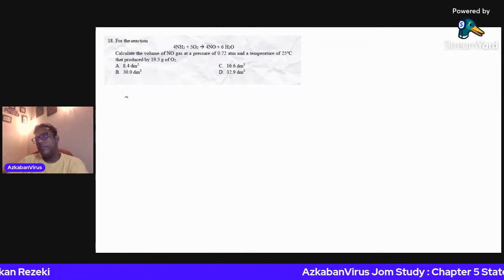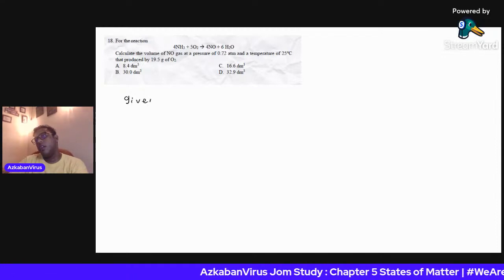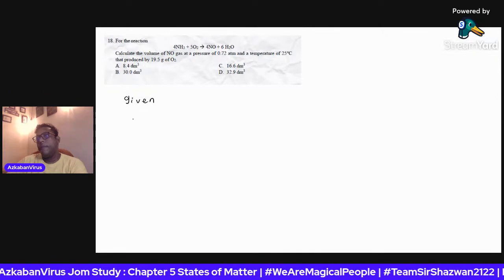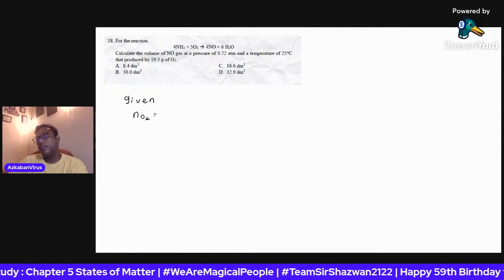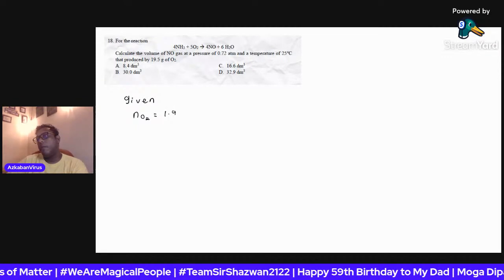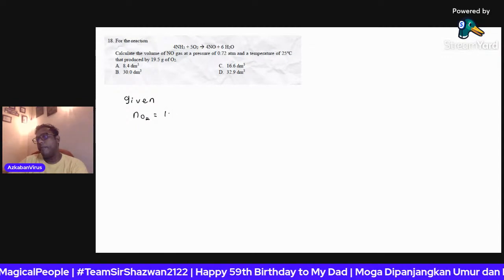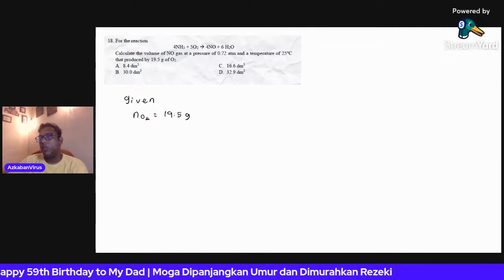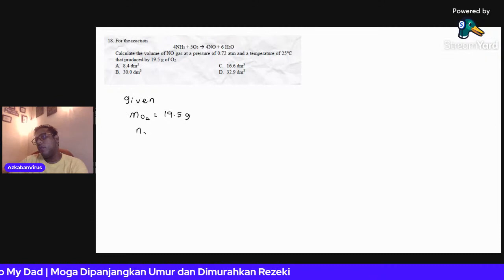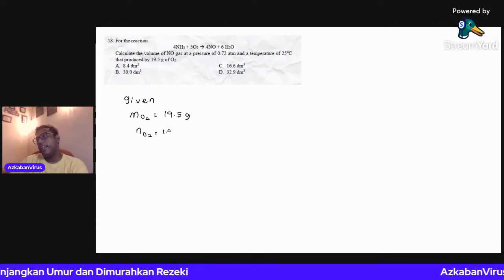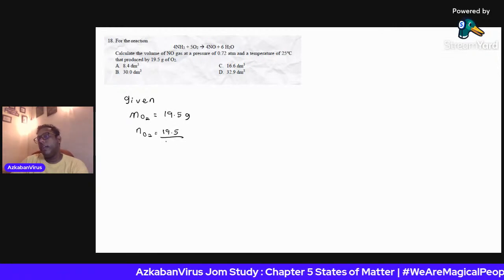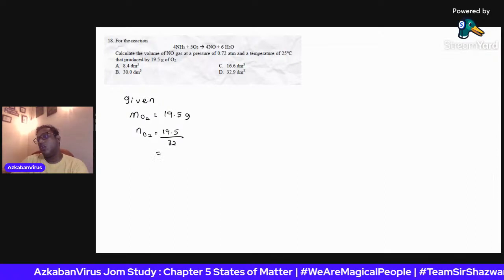So, given mass of O2 is 19.5 gram. So, kita cari mole O2 dulu is equal to 19.5 divided by 32. This is equal to